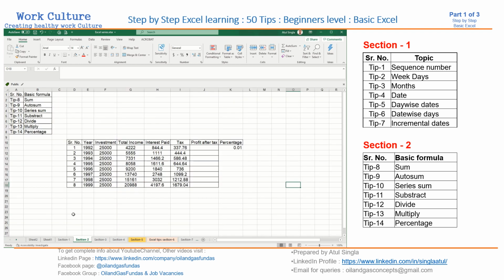So now let us go to section number 2, where we are going to discuss basic mathematical formulas: sum, auto sum, series sum, subtract, divide, multiply and percentage. So to get all these formulas done here in a practical scenario, we have taken an example